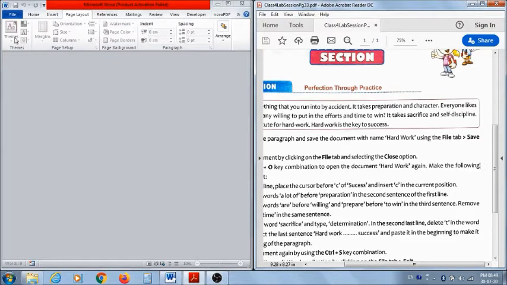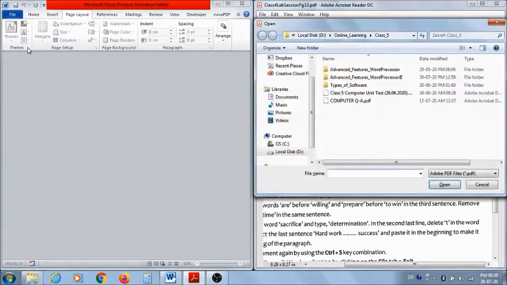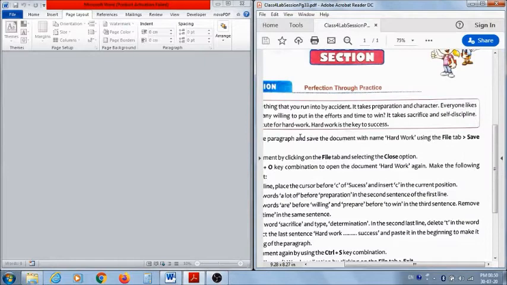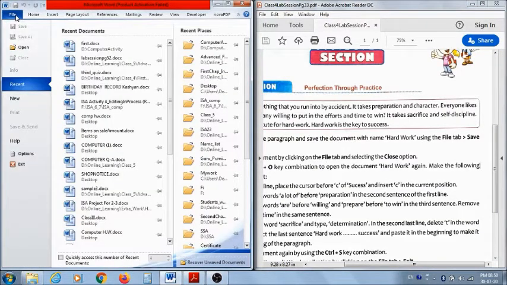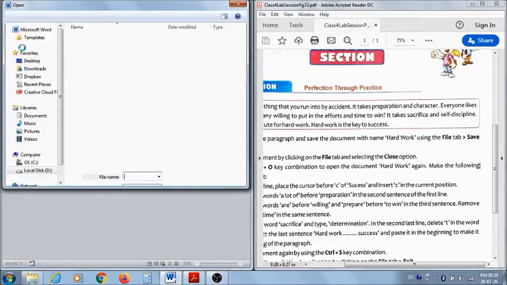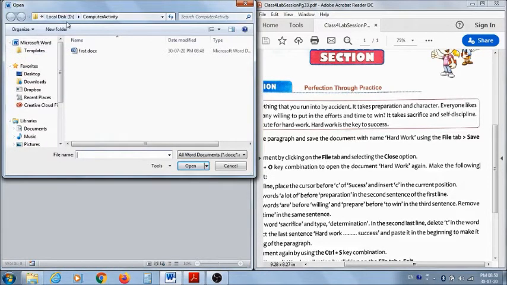Now what you have to do, either you can press the Ctrl and O keys together, or you will find the open option in the file tab itself. So I'm clicking on file and I'm clicking on open. Now it is asking from where.